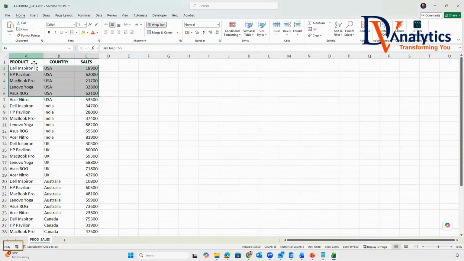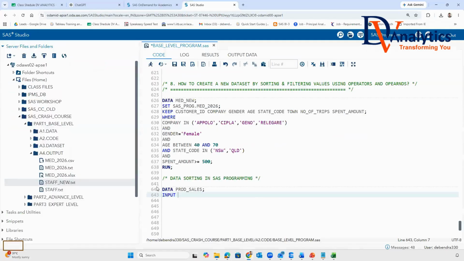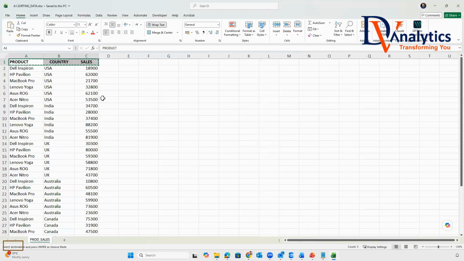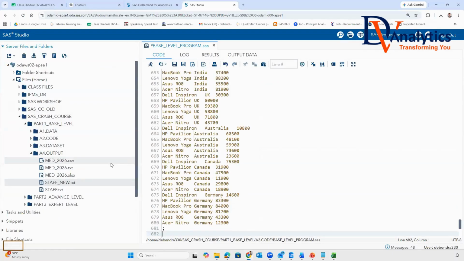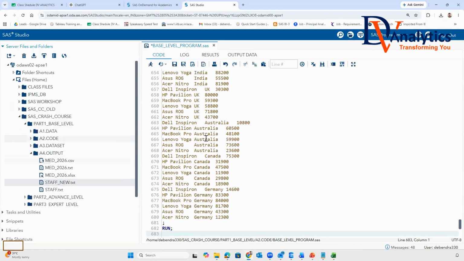Input. These are the column input. Product is a character field. Country is a character field. And sales is a numeric field. Then I will use cards to copy all this data from here. Then I'll say run.